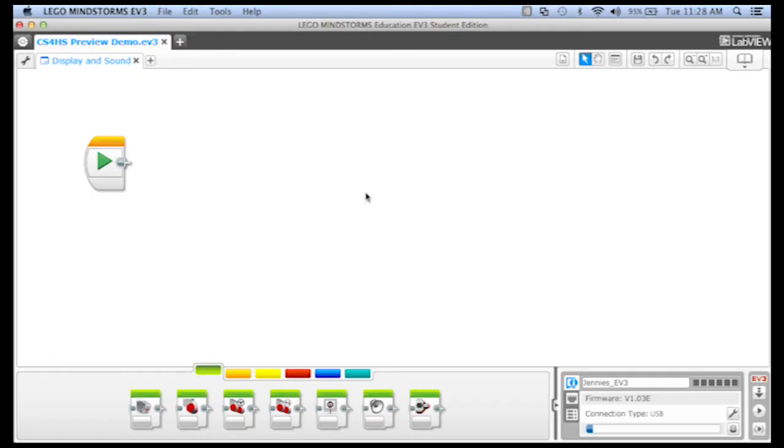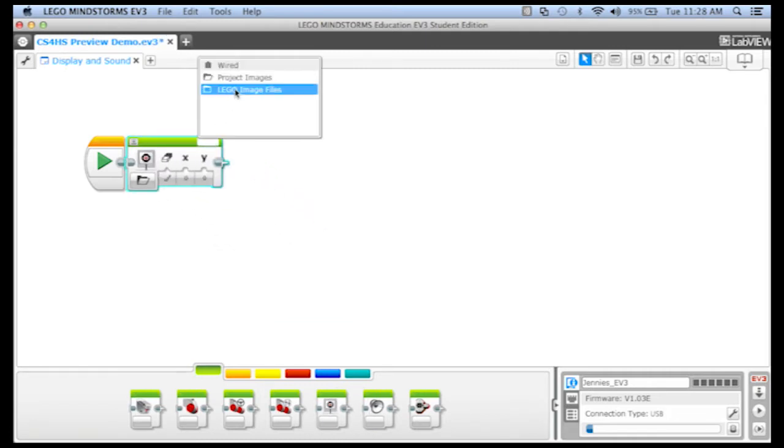Okay, I've already opened up my software, and this first program that we're going to write is really very simple. You can run it even if you don't have a robot built yet. I want to just have my robot say good morning while displaying a picture, and then display a different picture and play some chirping crickets. So what I'm going to do is start by displaying a picture. And I'm going to display one of the Lego image files that already is